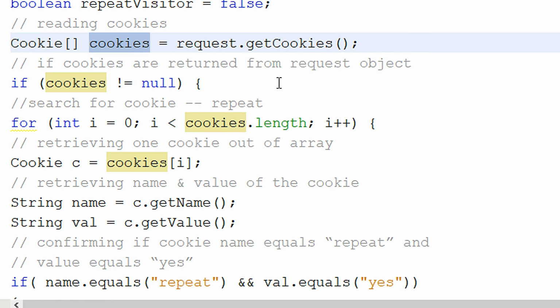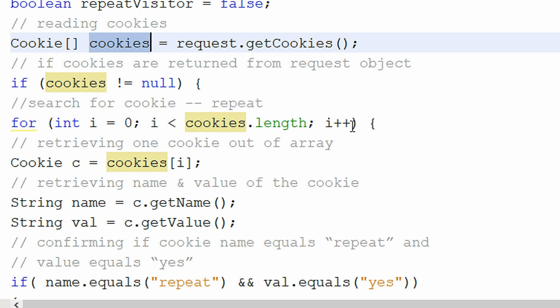After getting the cookies array, we check if cookies is not equal to null, then we start a loop. Here, initial variable i is equal to 0, i is less than cookies.length, i++.